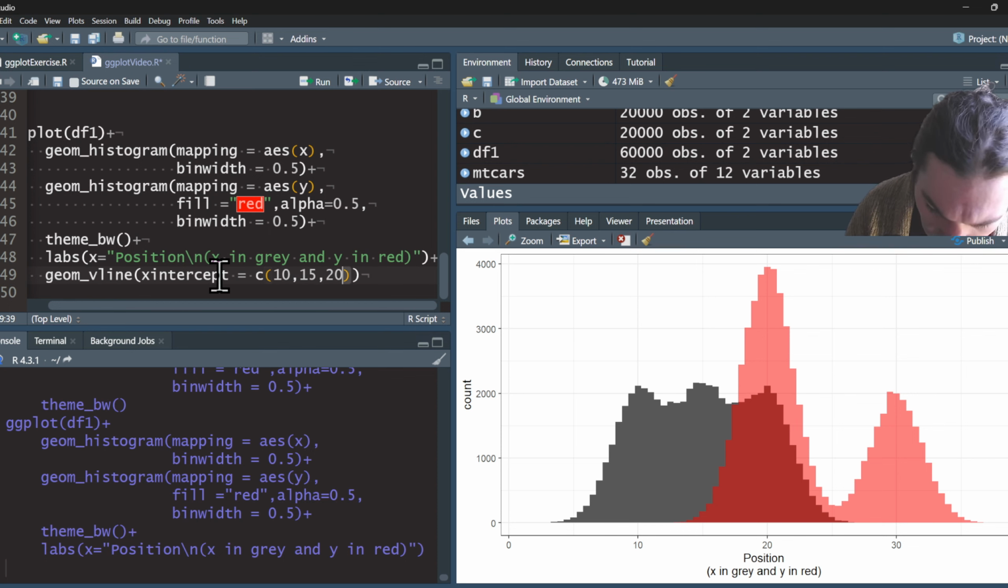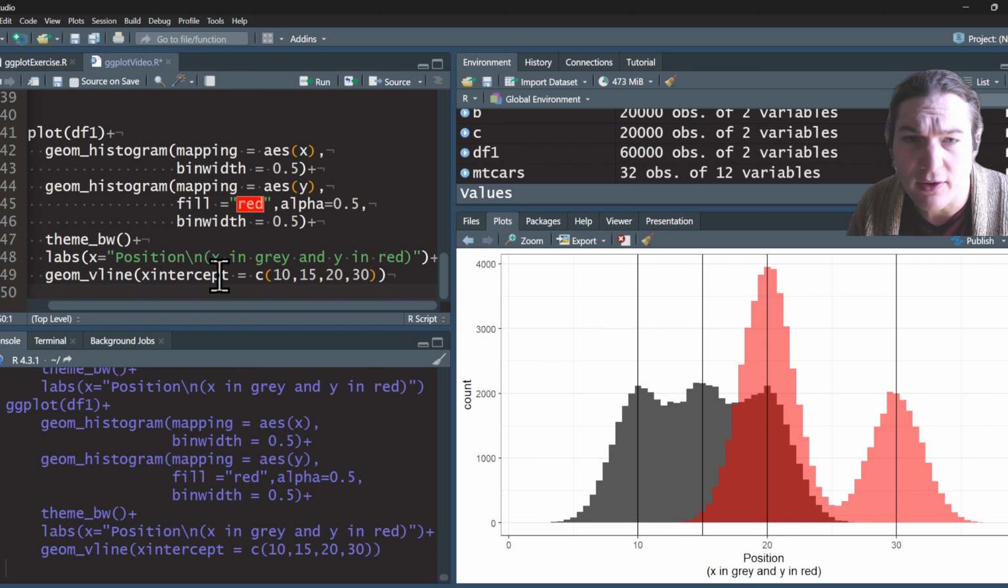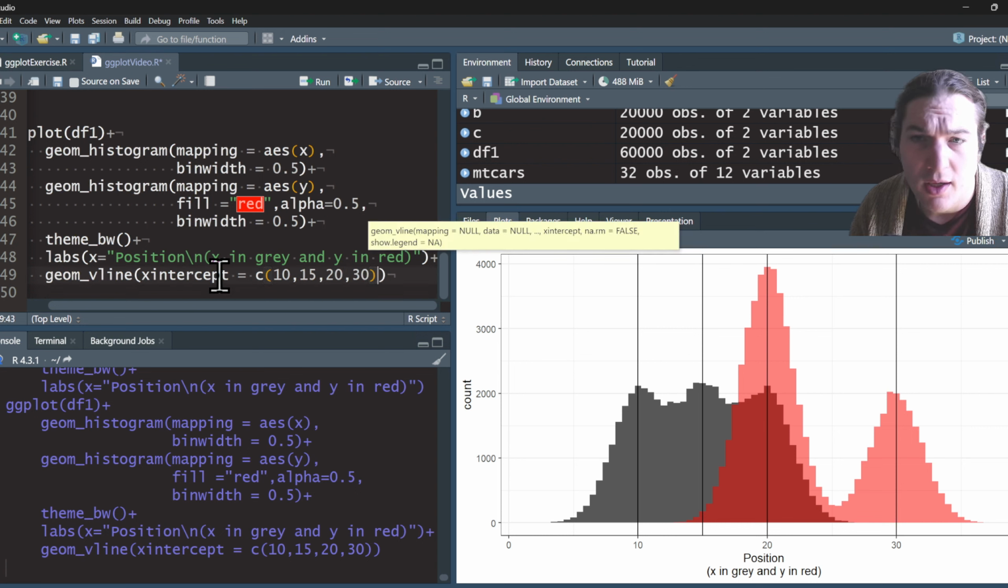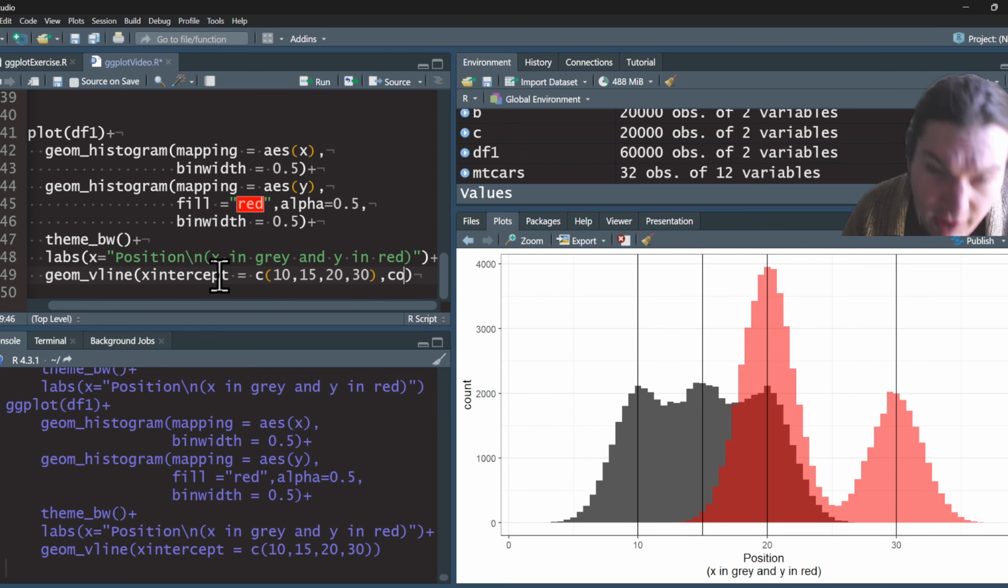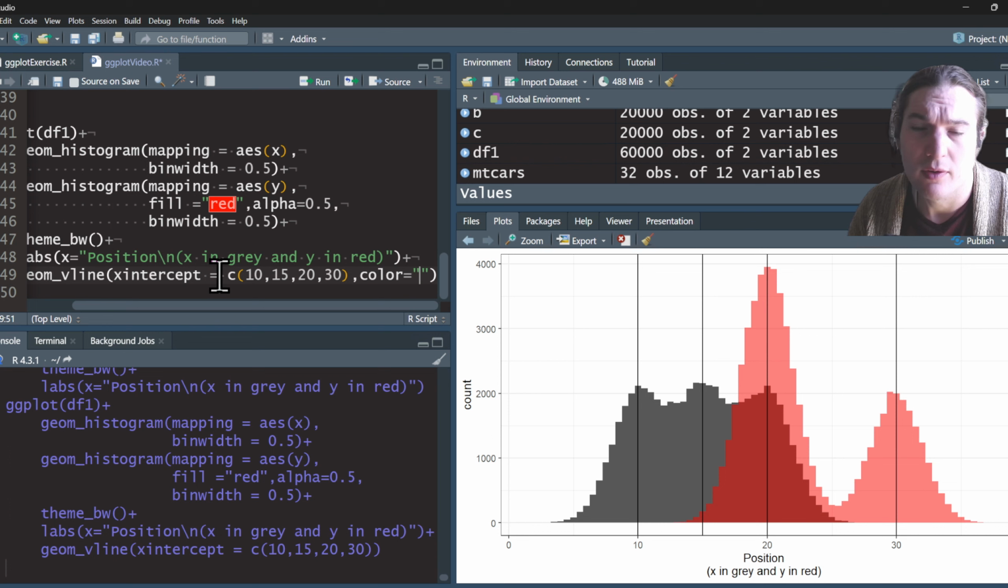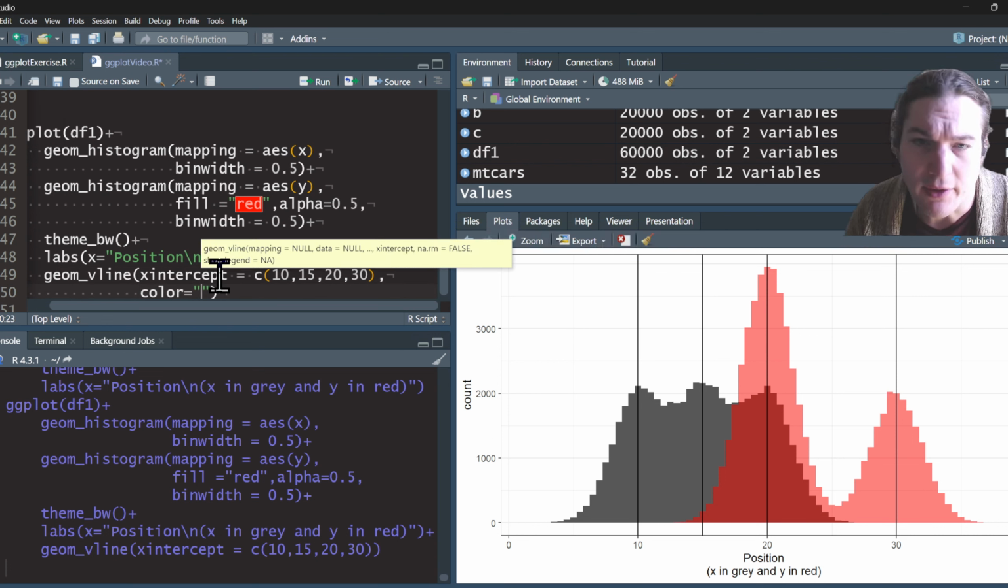$10, 15, 20, 30. All right, let's just draw those and see how that looks. All right, those are hitting all correctly. I could change the color of those. I don't know. Let's just do it in black,